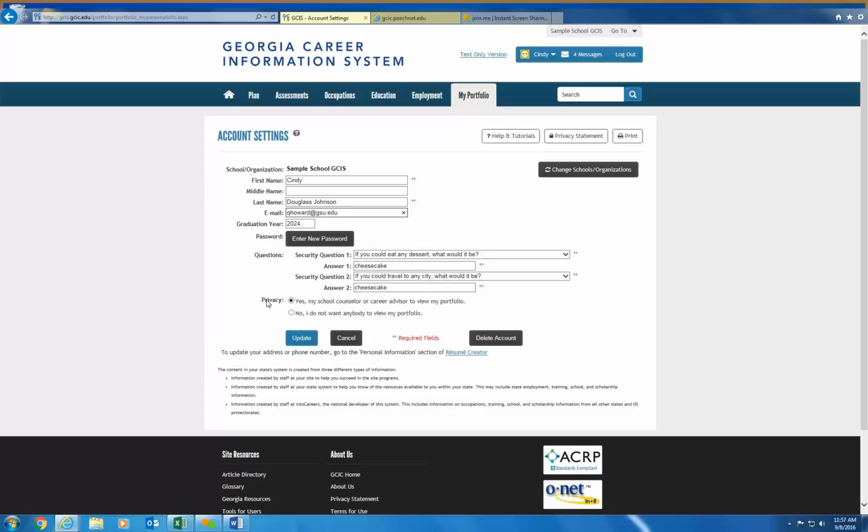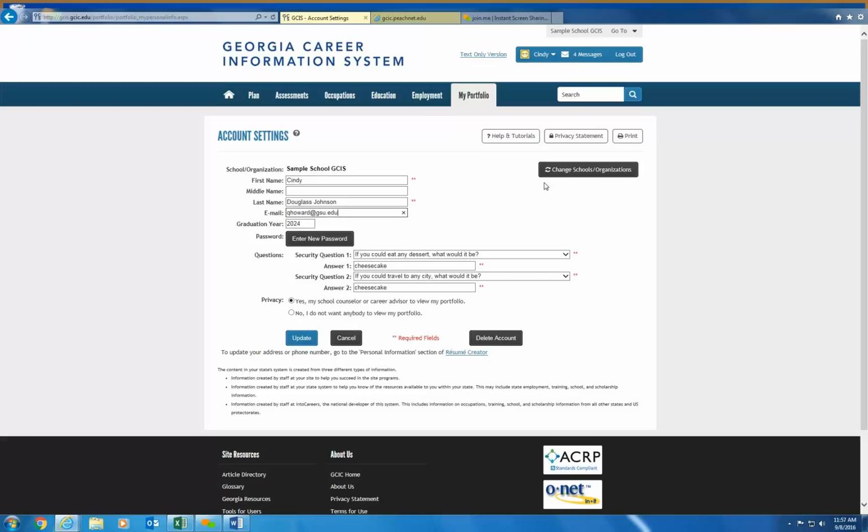The student can also say, no, I do not want to have anyone to have permission to look at my portfolio, and you would have limited access to see information within. Now, again, as a site administrator, you can actually turn this feature on or off in the administration tools so that everyone has to say yes or everyone has the opportunity to decide. So completely up to you.